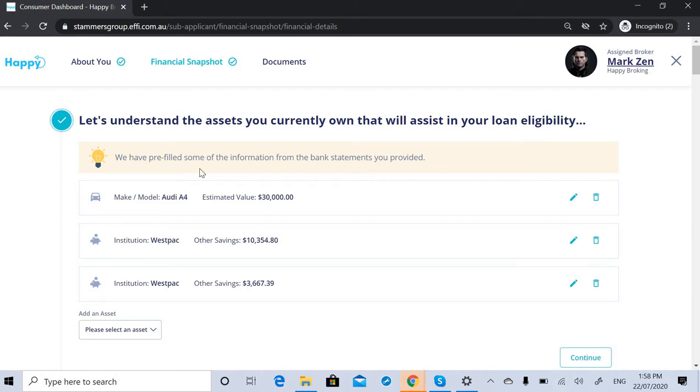So if you remember, on day 11, we generated some bank statements to pre-fill some information for us. Yesterday, we had a look at how the client adds assets and liabilities. Today, we're going to have a look at how the bank statements will come in and fill assets, liabilities, income,